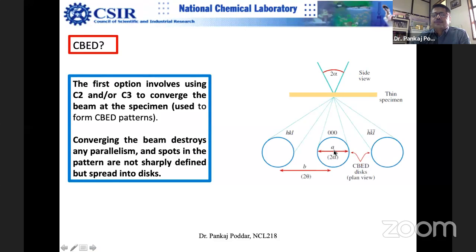It was a point actually. Now because the beam is converging, this has become a disk. Now this distance is A, right? And now this HKL spot, which earlier was a very tiny spot,